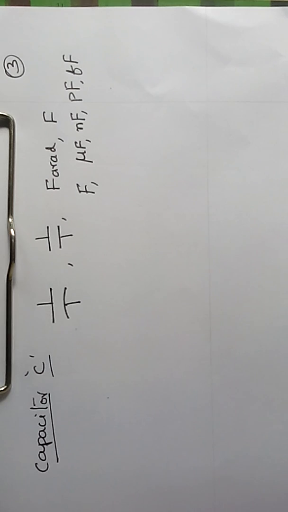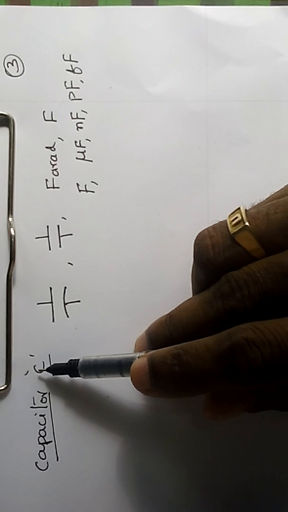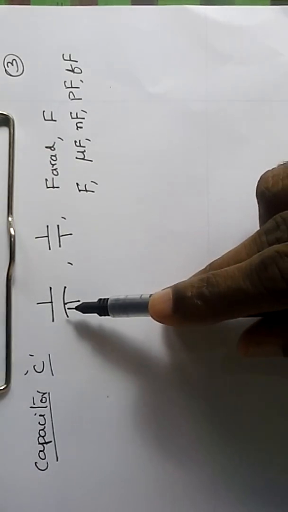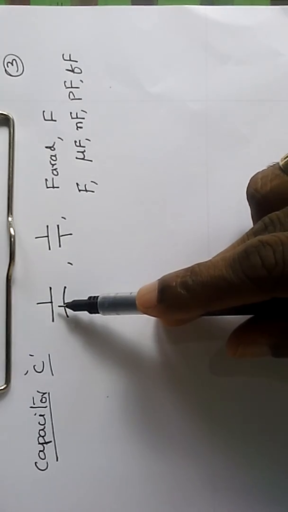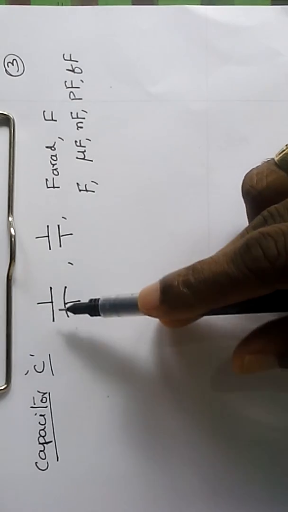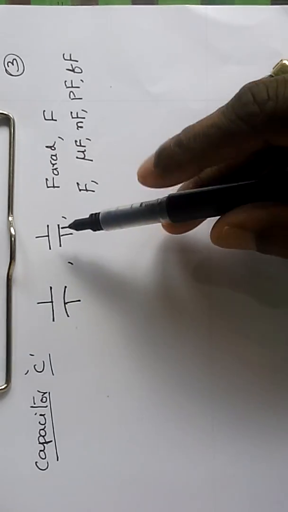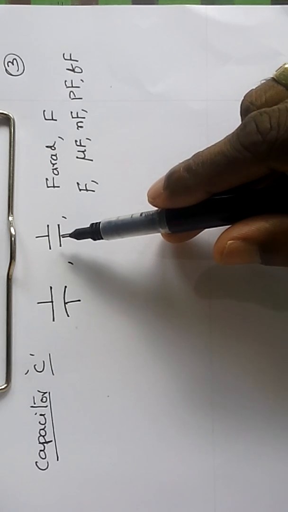Now, after considering resistor, we shall consider one more important component that will be used in most of the electronic circuits, the capacitor. The capacitor is represented by the symbol C, and we're going to have C1, C2, C3 or CA, CB, or any suffix. It is represented by a symbol of one horizontal line and one curved line separated by some distance, or it can be represented by two parallel lines